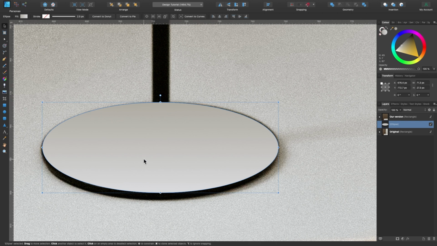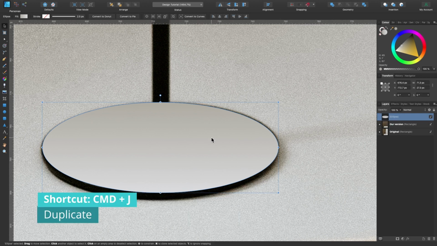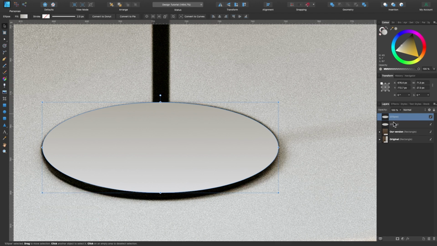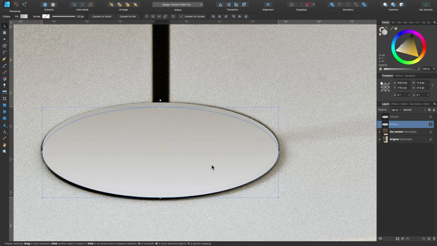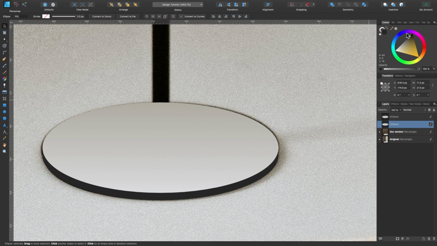So the next thing I want to create is this bottom section, like the side of the base. I'm going to duplicate this shape to create that. So you can see the layers panel here. I'll just drag that on top up here. I'm going to duplicate it by pressing Command J. See, here it is. And I'm going to grab the bottom layer here, and I'm going to click, keep my finger on Shift, and drag down so it doesn't deviate away from a vertical path. So down it goes there. I'll just make it slightly darker so we can see the difference.